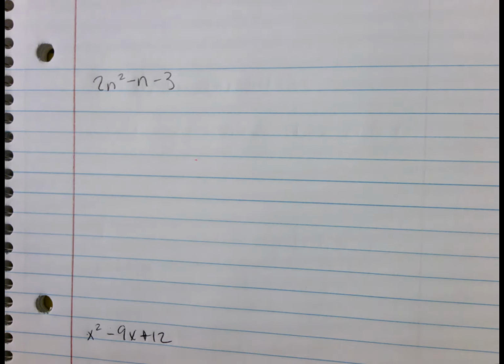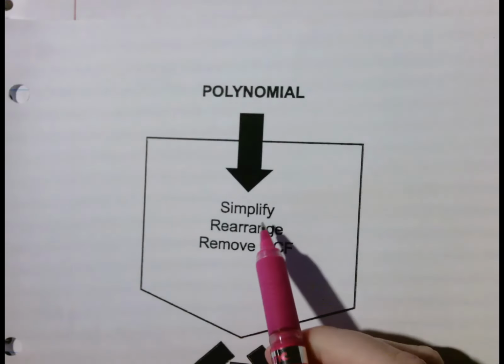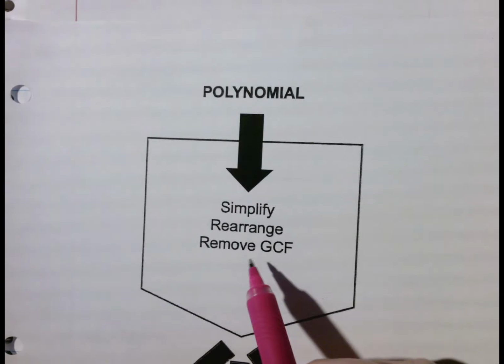All right, so we do have a couple of example problems that I wanted to do with you, just so that we can keep practicing this together, and then hopefully you guys will be ready to do a few problems on your own. So the problem here that we're going to start with is 2n squared minus n minus 3. Okay? So with our map, first steps we're going to do is to simplify, rearrange, and remove the greatest common